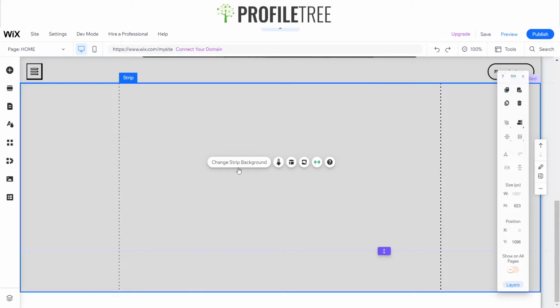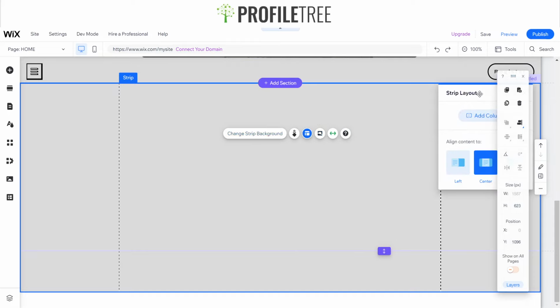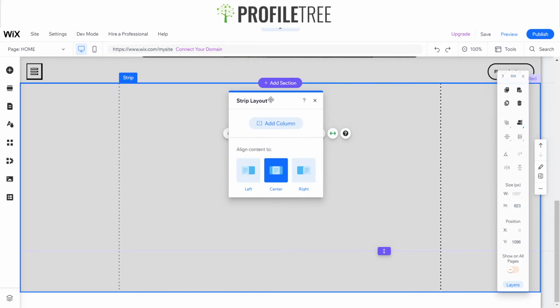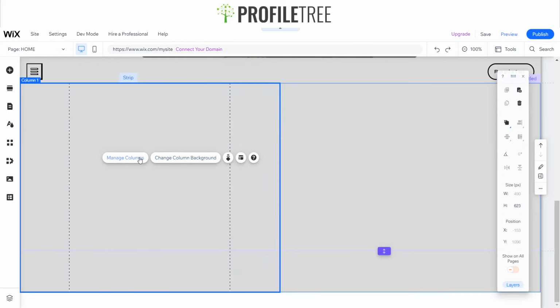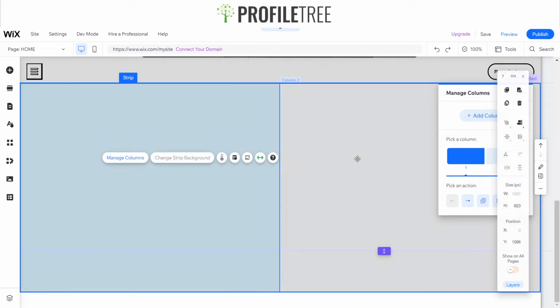So now they had columns on this one. So the way to get columns, just right click onto the strip and you'll get this little menu item, and then click on layout. And as you can see here, we've got add column, left, center, or right. So we're going to add a column. Now we're going to go ahead and manage that column. And since we have two columns,